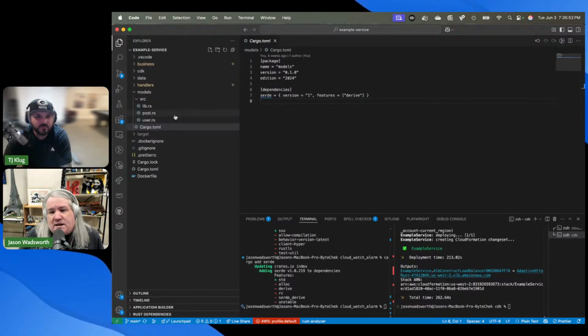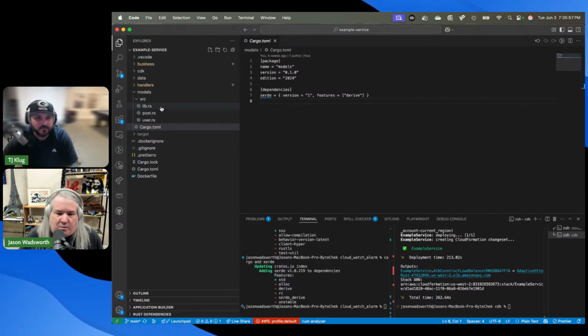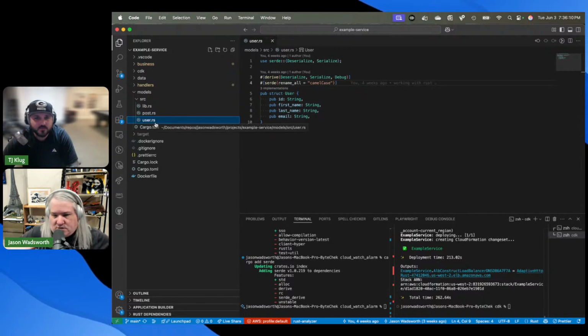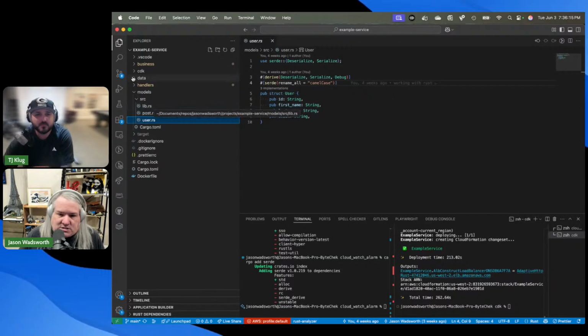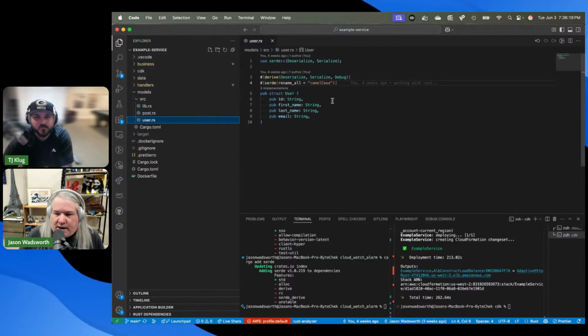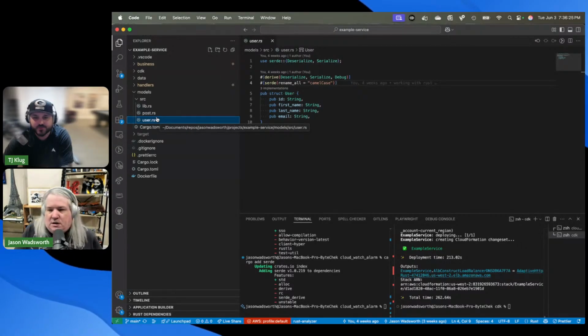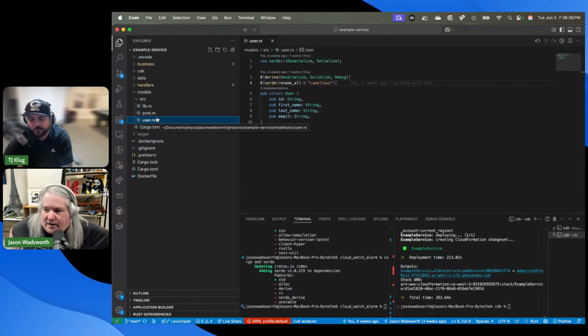So the biggest thing with Rust is everything is either a library or a program. So when you want to share things, you probably can do some file reference things if you really wanted to, but really you share it as a library. This file here is just a typical models file, right? So there's a user object here. Yep. And I'm sharing that out via a library so that it can be consumed anywhere else in any of my other packages. Ultimately, I could publish this someplace, like a package I could download through Cargo. Yeah, exactly. Yep. They've got a public one.